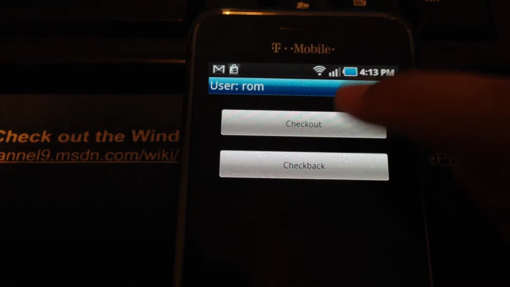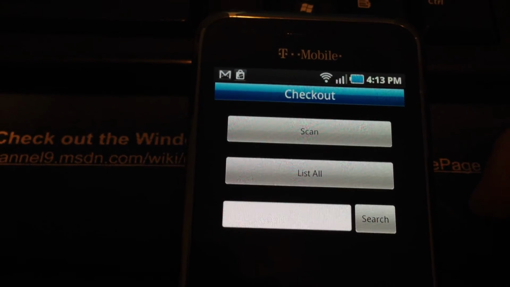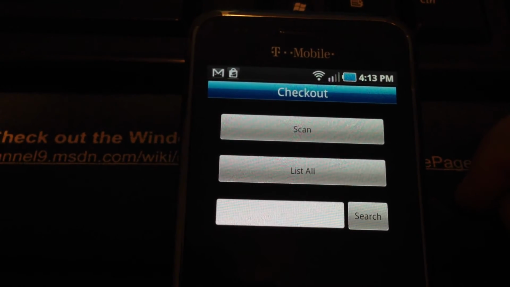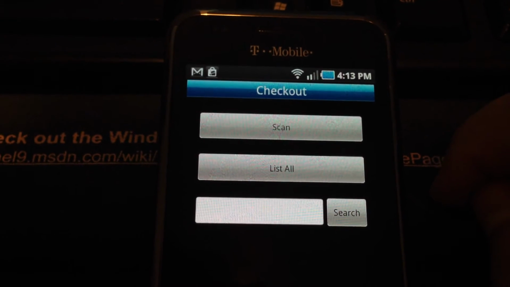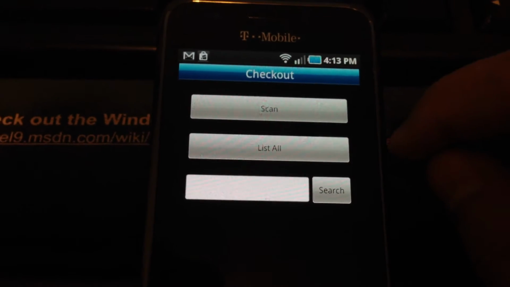So let's say the user wants to check out something. At this point, the user can scan something or view a list of items available in the main inventory to check out, or they can just search for that item. Let's say we're going to scan. So at this point, if they chose to scan,